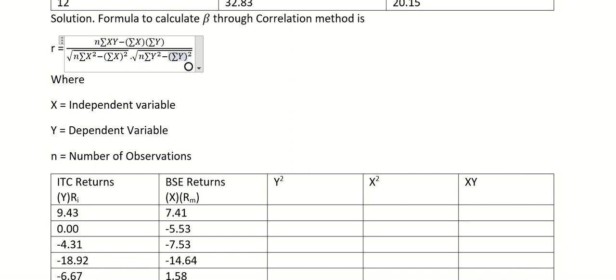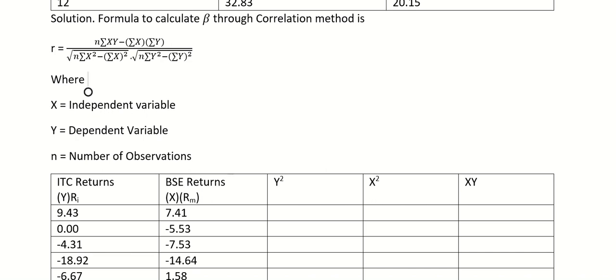First is correlation, right? So the correlation method is a bit lengthy method. So obviously in the exam it is not asked which method you can use, but you should know both the methods. But if it is not mentioned, you can apply any method, either regression or correlation. It is completely up to you. So I would suggest, if it is not mentioned, always apply the regression method. That is a bit easier and less troublesome. But there may be certain questions where you must know these formulas. Otherwise, you would not be able to solve it, right?